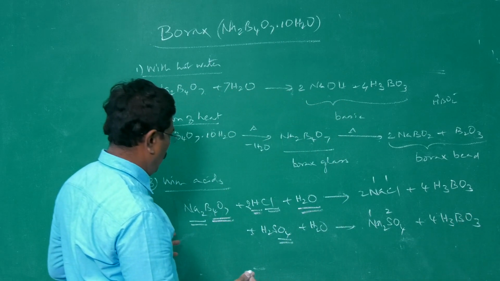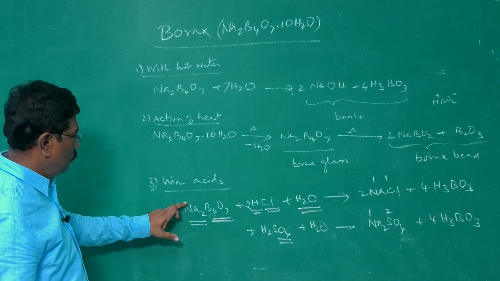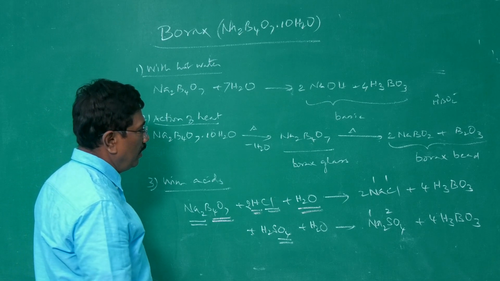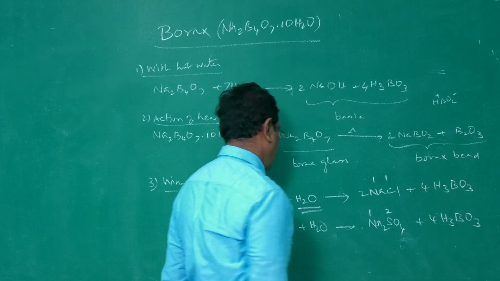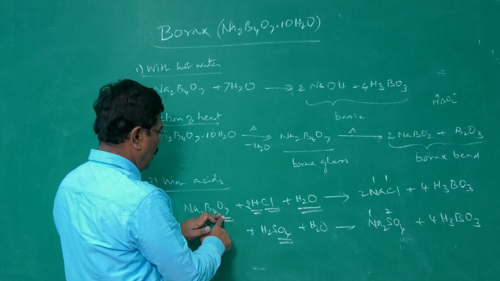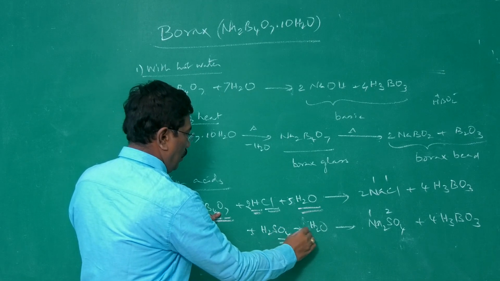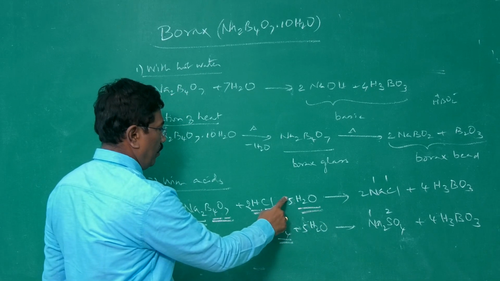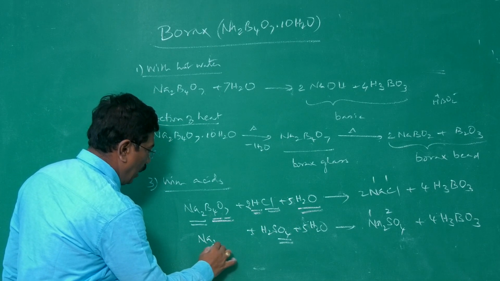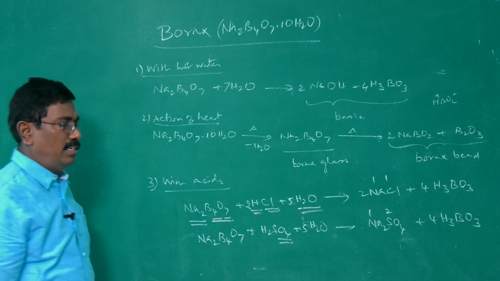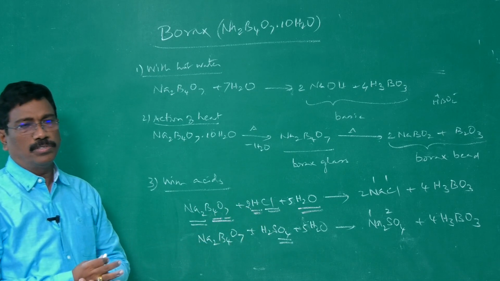I think balancing requires only addition of the required number of water molecules, except that everything is okay. Sodium okay, boron okay. Now, how many water molecules do we have to write? It is based on the number of oxygen and hydrogen. 12 oxygen, 12 hydrogen. Therefore, 12 oxygen we need. Already 7 here plus 5. If we count hydrogen, it will also be okay: 10 plus 2, 12. Okay. So, when borax reacts with hydrochloric acid or sulfuric acid, it forms boric acid and the corresponding sodium salt, sodium chloride and sodium sulfate.